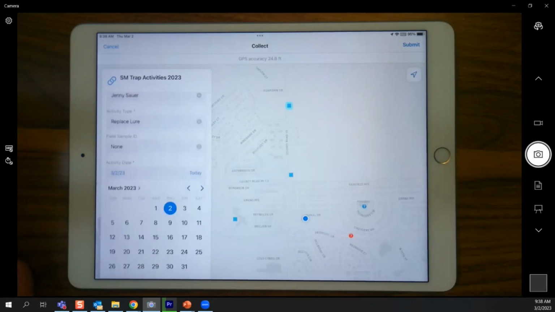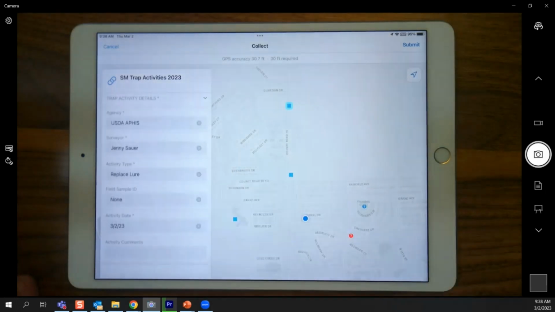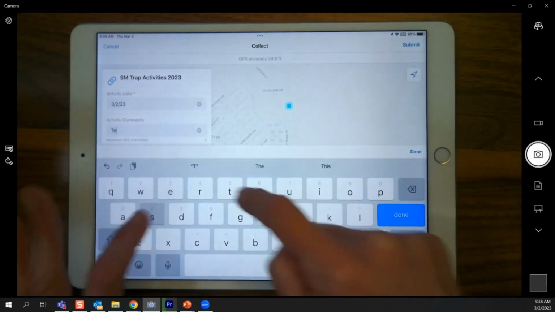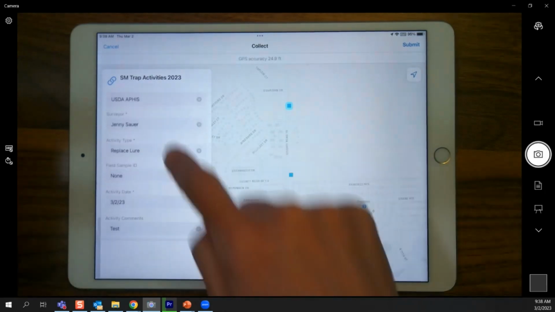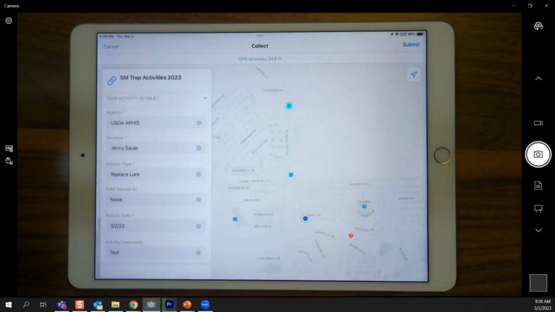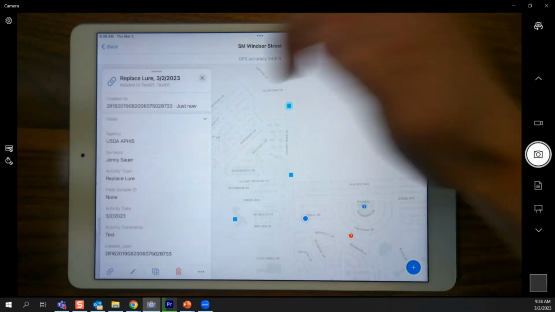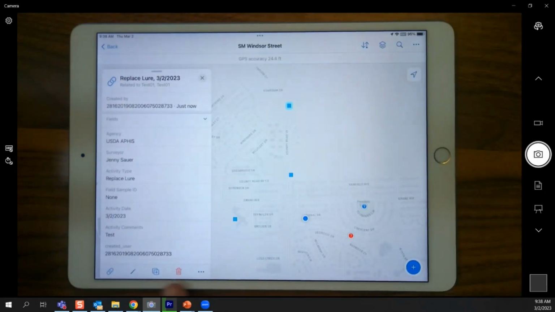Activity date, this follows the same rules as the previous calendar. It's on today, so I'm going to close that up. And activity comments, I'm just going to say test as before. And once again, I'm going to give it a one last look and submit. Perfect. Now in our training map, we do have the ability to delete, but you won't see this garbage pail